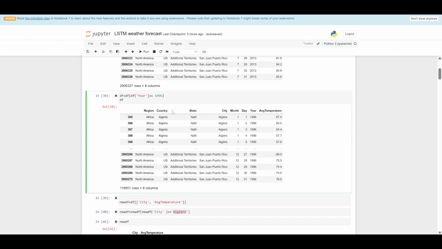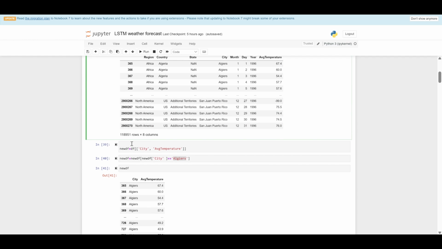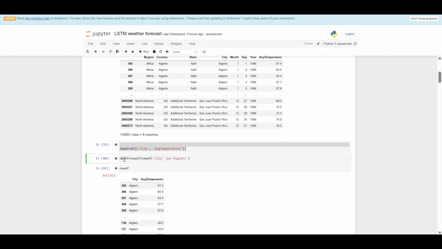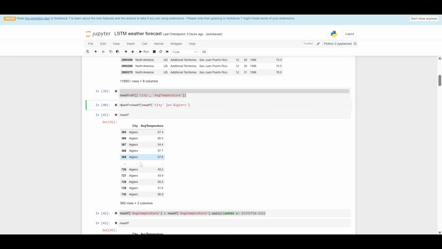I'm going to ignore the columns except the city and average temperature columns. So I'm filtering here, and I'm going to pick one of the cities. Here I'm going to pick Algiers. I'm not sure about the pronunciation. It's a city in Algeria, and I'm going to call it a new data frame, and you can see that here is my new data frame, but the index here starts from